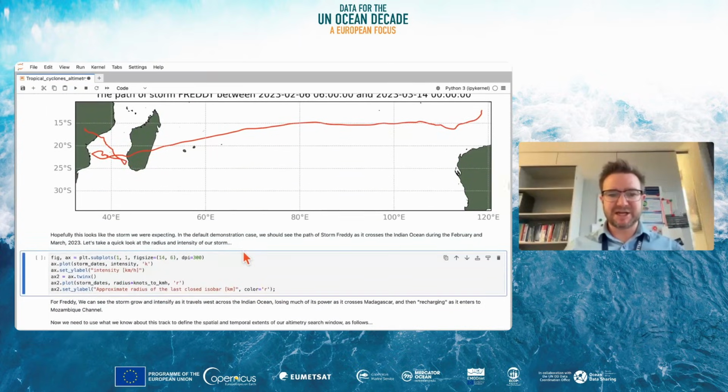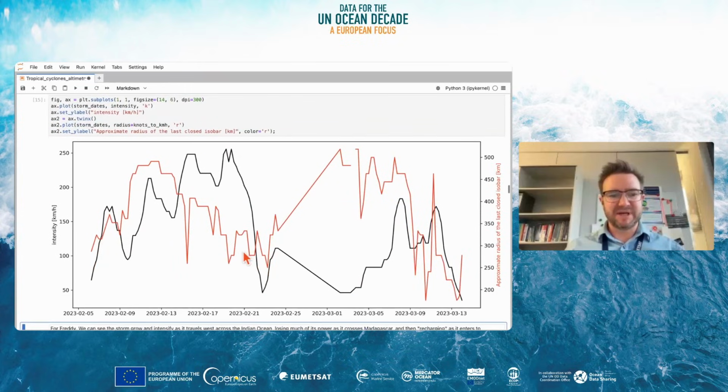And during this time, we can see here, on the time base at the bottom, Freddy started to gain some power as it moved over to the warmer part of the Indian Ocean. It started to gain in size as well, then continued to intensify. The black curve is the intensification measured against the left-hand side here, the intensity of the winds in kilometers per hour, before hitting the coast of Madagascar, dissipating, and then starting to recharge a bit once it entered the warm Mozambique Channel. So now we know that Freddy was a relatively strong storm, clocking winds around 250 kilometers an hour,